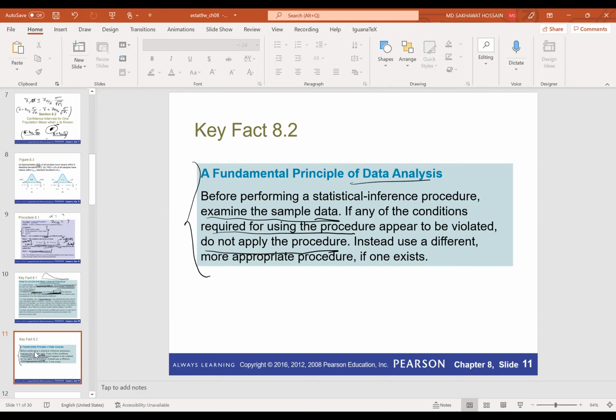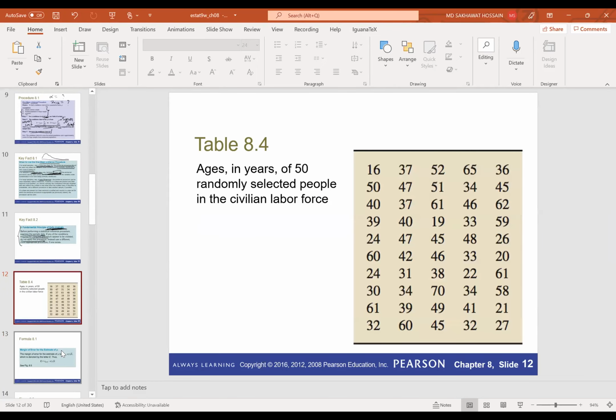So before doing any data analysis, first you need to determine that the procedure you are using is an appropriate procedure. Otherwise, your analysis will not be a very good analysis, and the inference you'll be making based on that analysis will be very incorrect inference. Okay, so